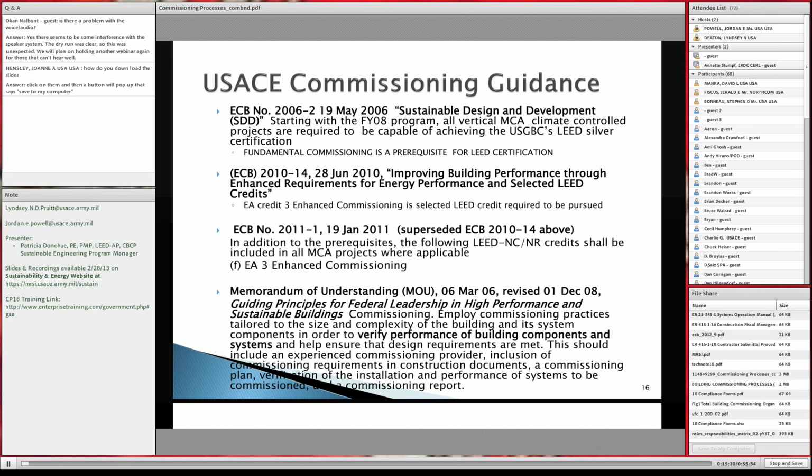ECB 2010-14, four years later, started saying, let's improve our building performance and let's not just do fundamental commissioning, but let's pursue enhanced commissioning as per LEED. And we have some slides on that later. Then ECB 2011-1, a year later, supersedes ECB 2010-14. And these are the two ECBs that really define how we should be designing and implementing and constructing our sustainable buildings. And I'm going to add a little interjection in there and state that we do have an ECB